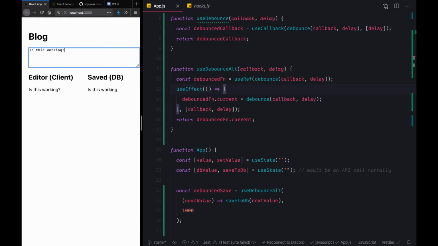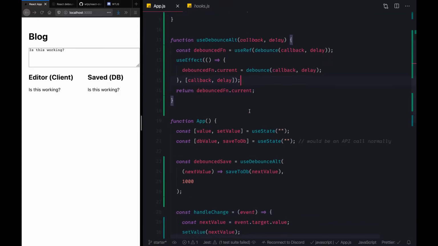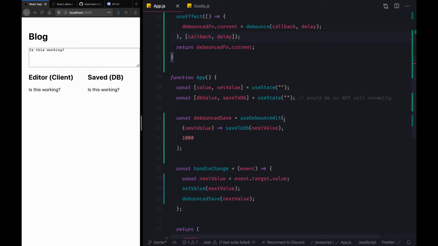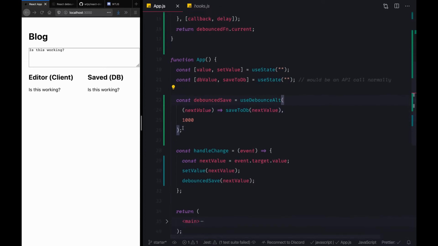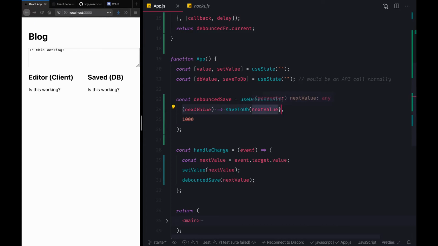So yeah, this is still not working, and the reason for that is because we are running this effect whenever callback is changing. And if you look at the usage of this hook, we are passing an arrow function here as the callback that would be different on each and every render.